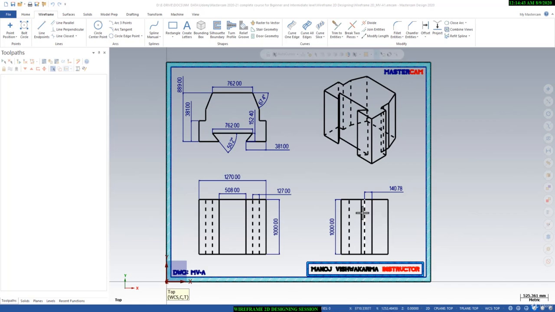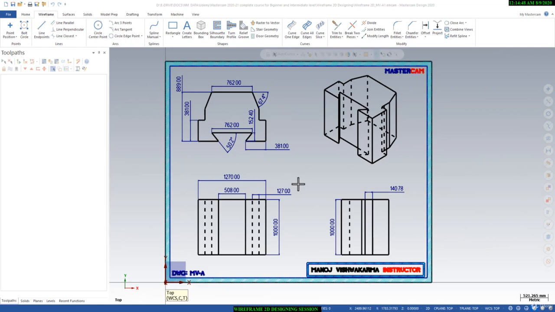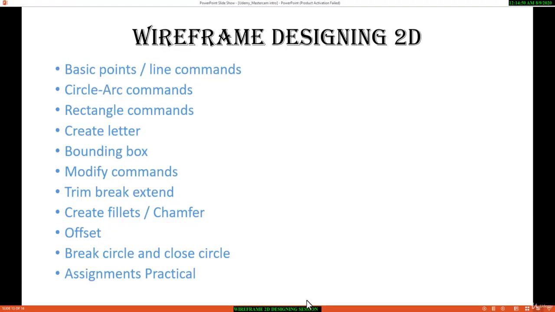Welcome back to the 2D wireframe designing session. So in this video I'm going to show you how we can do wireframe designing in 2D. In this session I will teach you basic points, line commands, circle and arc commands, rectangle commands, create letter, bounding box, modify commands, trim, break and extend, create fillet and chamfer, offset, break circle and close circle, assignment and